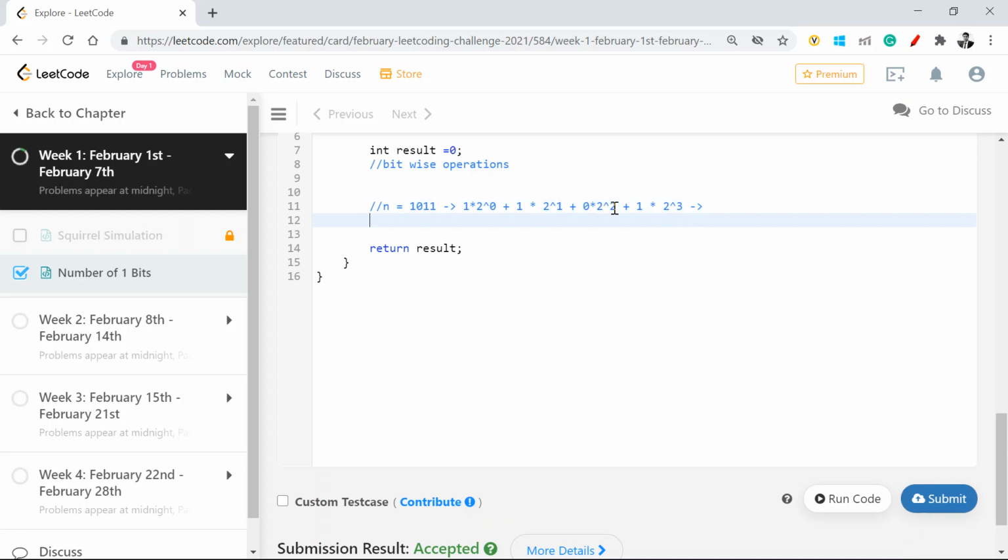Now what will this be? This will be your 1 plus 2 plus 8. This is your 11, right? This is your binary to decimal conversion. This will correspond to the number 11, right? So what I'll do is try to use